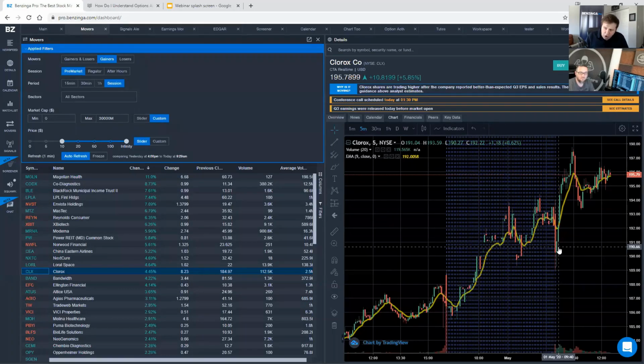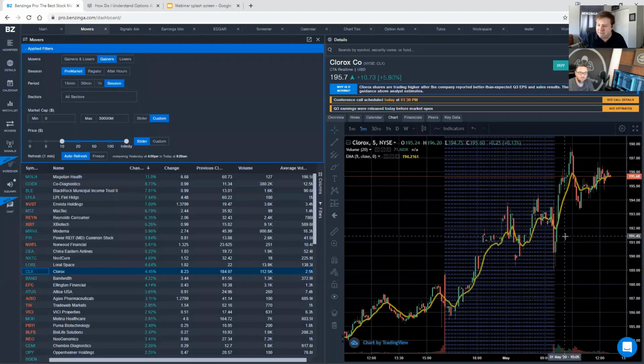So the whole point of using options is that before I enter, I can choose exactly how much I'm going to risk. If I'm only going to risk $1,000, then I only buy $1,000 worth of contracts. If I only want to risk $1,000 but I want a slightly higher position size, now we need to start thinking about where I'm going to get stopped out so I don't violate my trading plan. Clorox is an extremely expensive stock, $190 a share here. This is absolutely a situation where I would have used options. I would not have felt as bad as the stock is falling off, because as soon as I buy, I know if everything goes wrong,